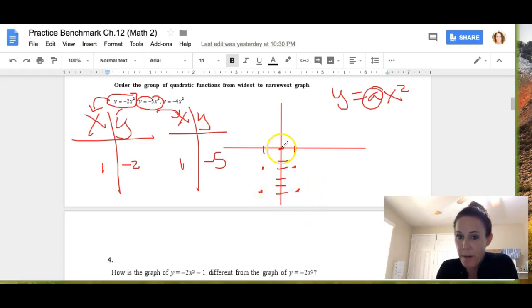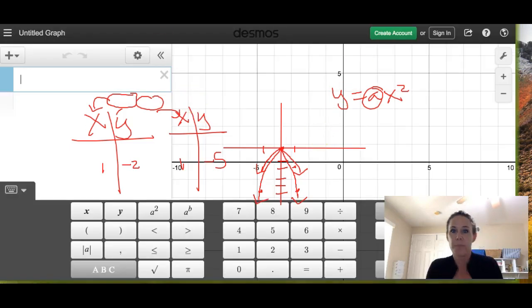All right. So this first graph might go out a little more. The second graph's going to go straight down faster. All right. So looking at that already, I can tell that bigger number is going to make me go skinnier. So this one will probably be in between these two. Let's go ahead and look at Desmos real quick and just see what that would look like if I graph this. So if I open Desmos and clear this off,